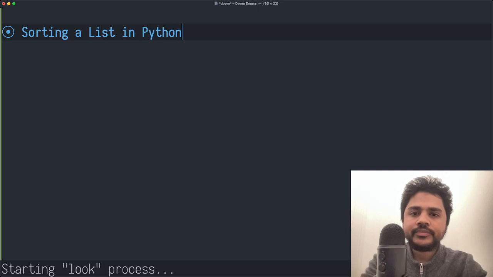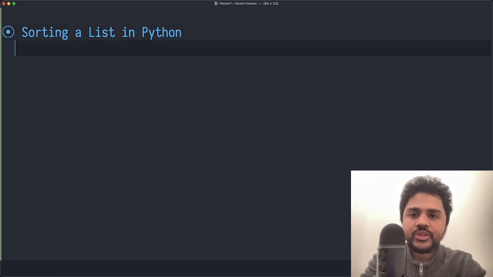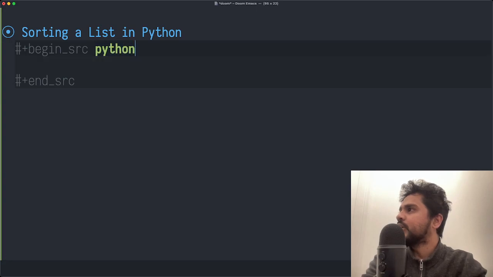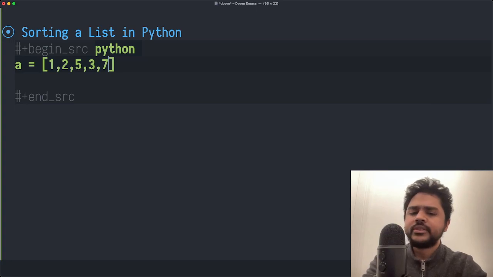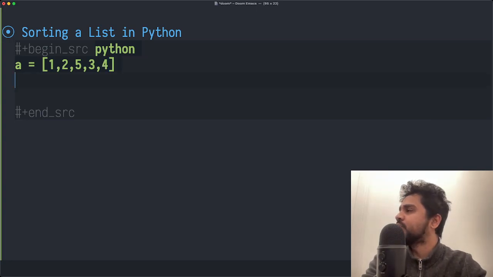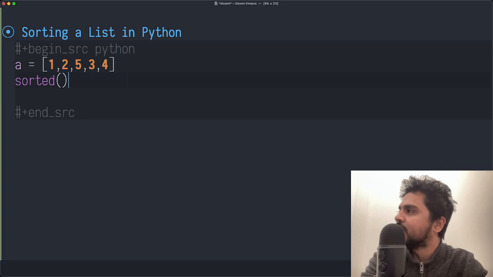in Python. The first approach that we can see here is if I'm given a list like this. Let me choose something better. Okay, so the first approach is using the sorted function. This sorted function takes the list as an input and returns a sorted version of the list as output. So if I just print B and run this code,